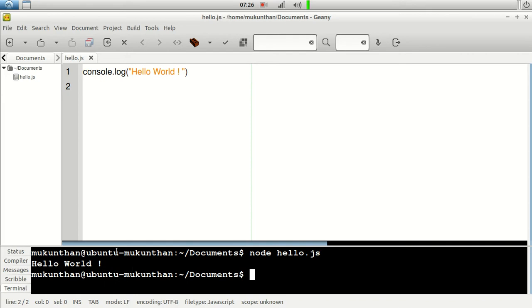So in simple terms, as part of the starting video, we have understood JavaScript. We are going with only the JavaScript language, whether to learn something for a testing framework or ML, it can be anything, but we are going to see JavaScript alone. Second point, we are going to use Node.js, which is the runtime environment for JavaScript. Third point, we can use any IDE like Notepad, Notepad++, VS Code, and Genie, whatever may be your environment, whatever may be your favorite tool. Fourth point, we have executed by using node and the file name .js, and we have seen the output as well. So this is all about the introduction to JavaScript.